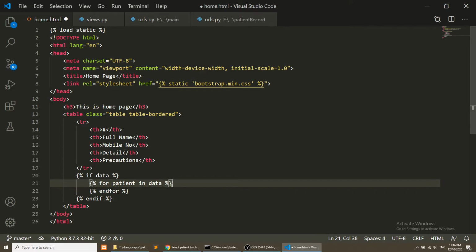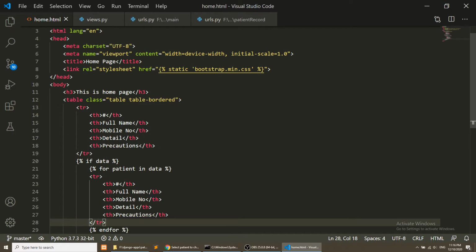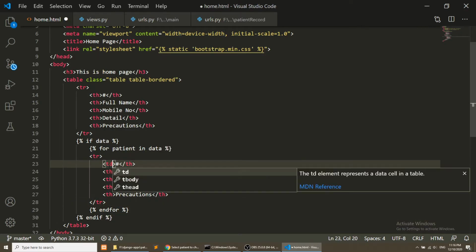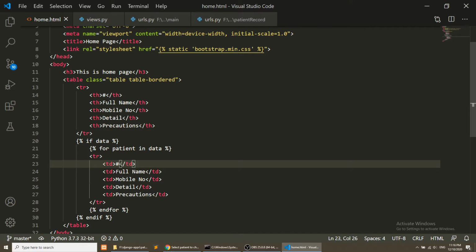And now we will copy this row and paste it here, and we will just change this with dd because this is not heading, and we will replace the patient.id.